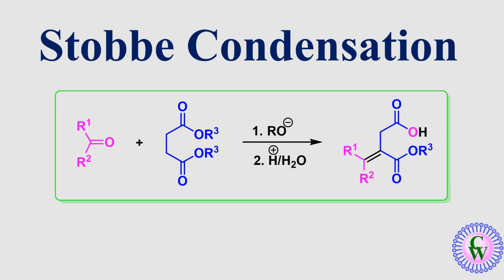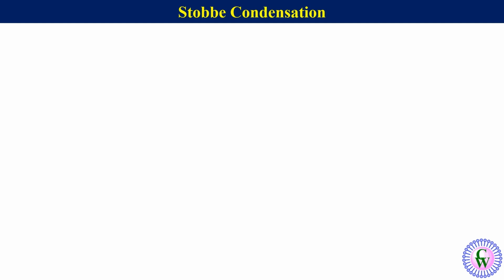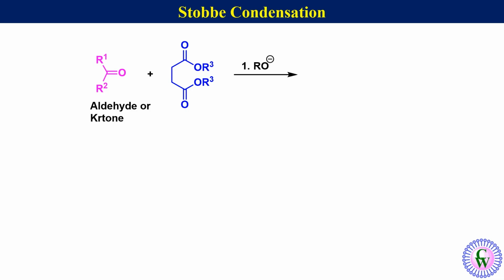In this video we are going to discuss Stobbe condensation. In this reaction, an aldehyde or ketone condenses with dialkyl succinate or its derivative in the presence of alkoxide base followed by acidic workup to produce substituted 3-alkoxycarbonyl but-3-enoic acid. Overall, in this reaction, if dialkyl succinate is the substrate, there is condensation with aldehyde or ketone at